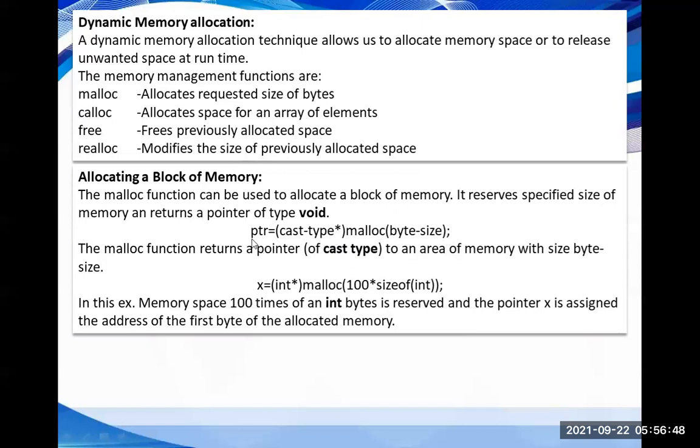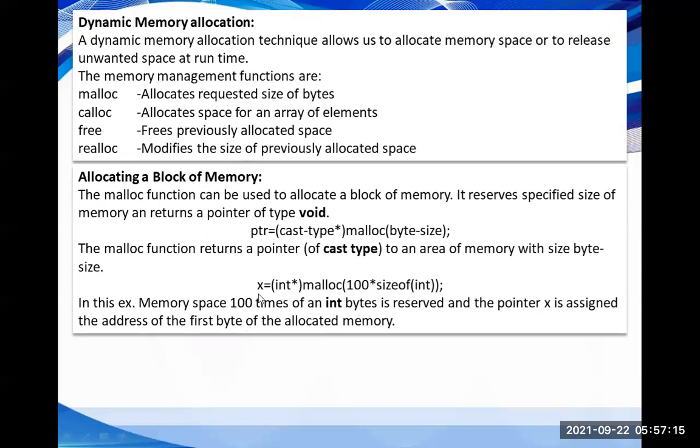Here, pointer equal to typecast operator followed by a pointer asterisk, malloc byte size. It allocates a number of bytes of memory and converts it into the typecast type pointer and assigns it to the pointer variable. For example, x = (int *) malloc(100 * sizeof(int)).